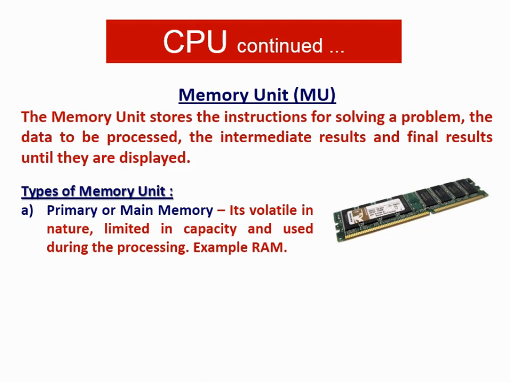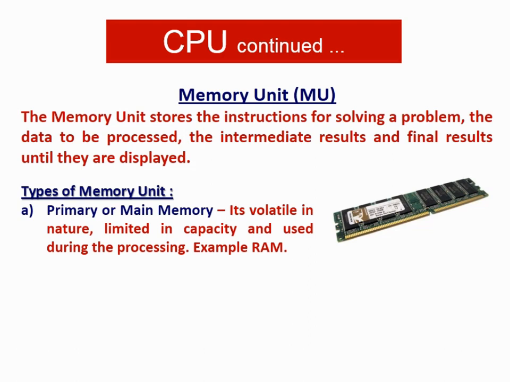Now first we need to understand what is volatile. Volatile means it depends on electricity flow. Second thing, let me complete first. It is limited in capacity, means it's not that high capacity, and till you are doing the processing, you are calculating or you are typing or painting or something, till then it will be used. Now first we need to understand what is volatile. So now suppose you are typing something in Microsoft Word.